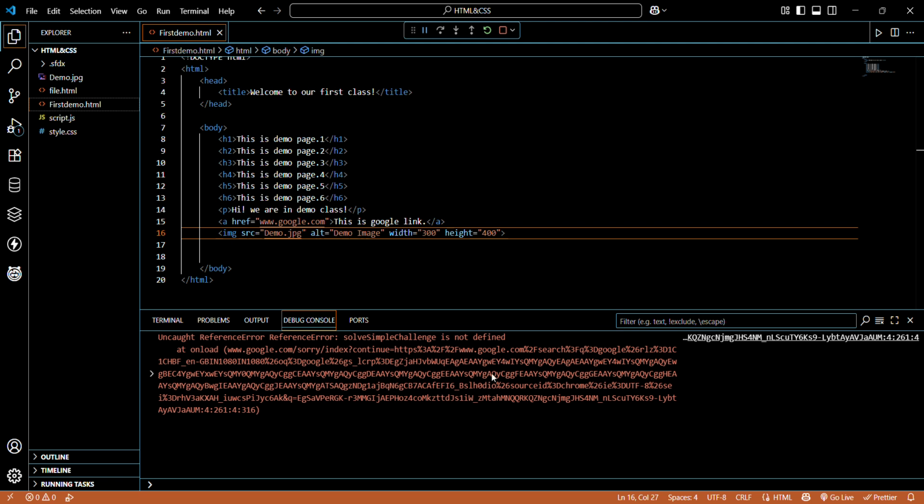Okay, so always prefer to use only the relative URLs. So now we are going to the alt. So alt is also an attribute. So basically whenever,